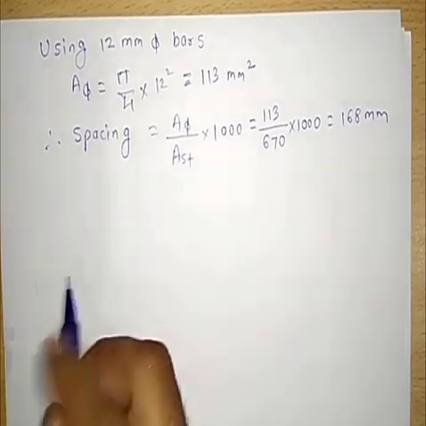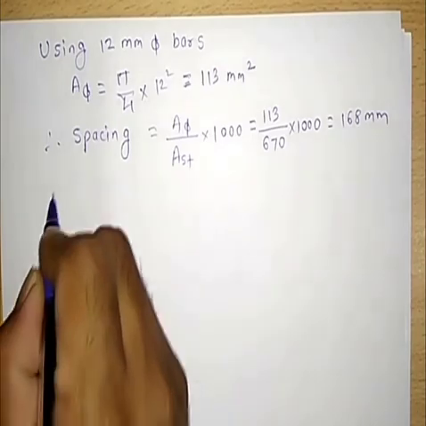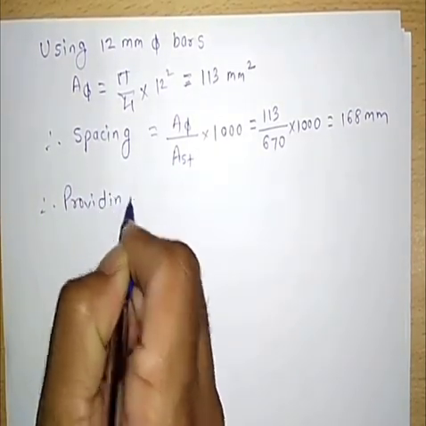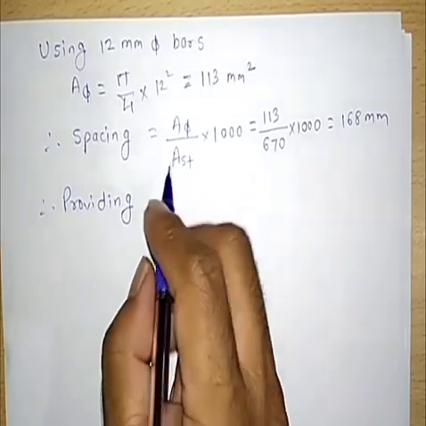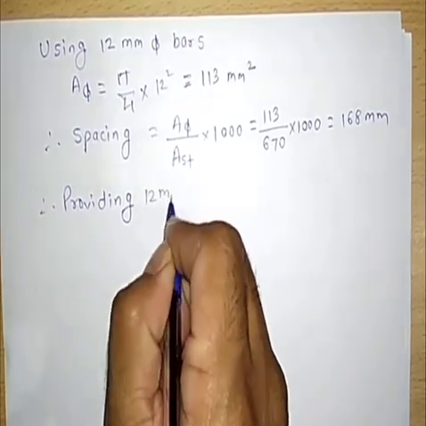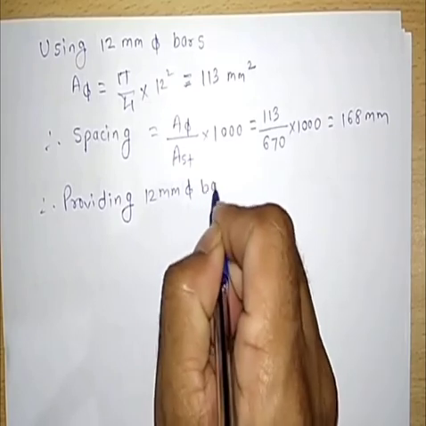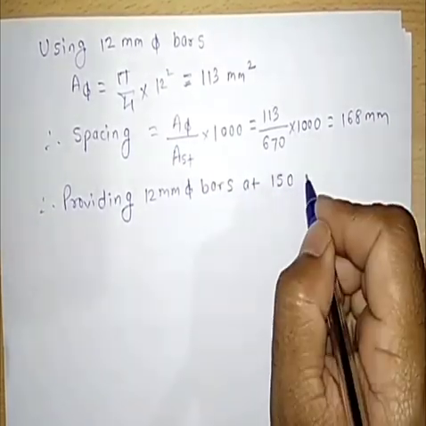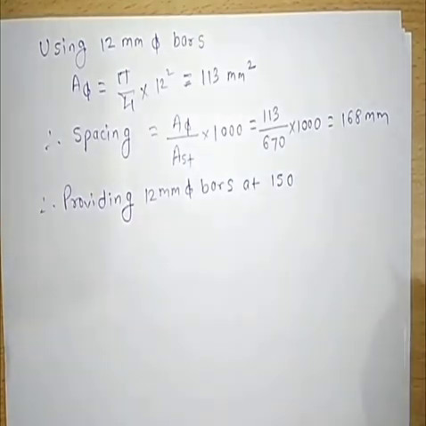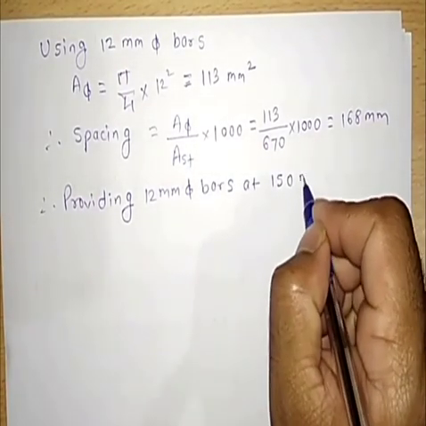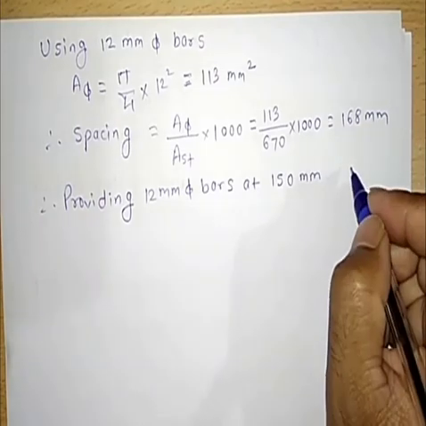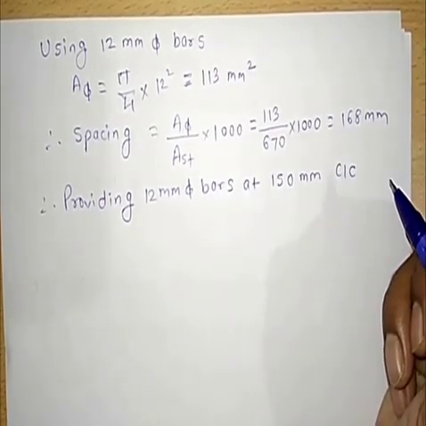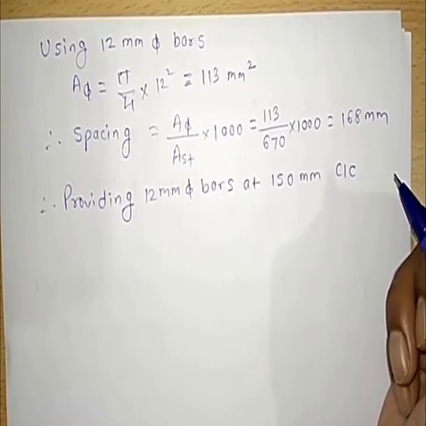So we can write down providing 12 mm diameter bar at, we have to round it down, so we'll go ahead with 150 mm center to center,